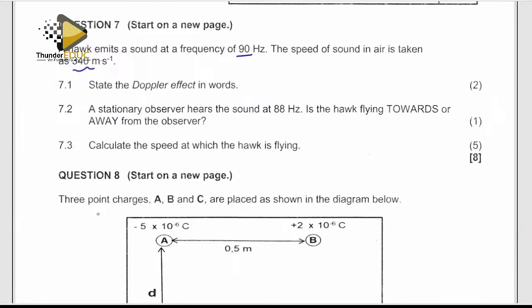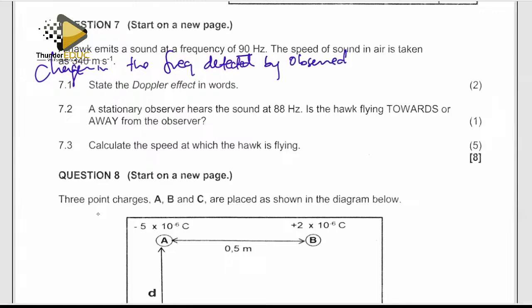Can we state Doppler effect in words? So we know that Doppler effect is basically the apparent change in the frequencies observed and emitted. Okay, we can say it's the change in the frequency detected by the observer,